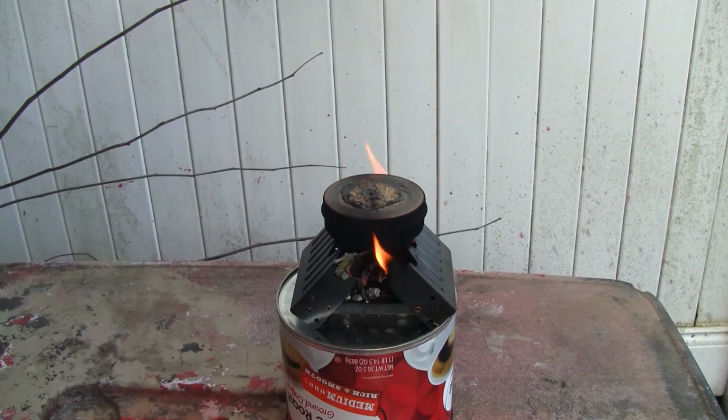Okay, fire's about out. Yes, I had to restart it. It's my fault. I let it go out. Wasn't paying attention. So I'm going to let this cool off, then we'll look back inside and go inside where it's warmer and see how things turned out. See you inside. All right, we're back inside and it's cooled off, and I've warmed up a little bit. Yes, I like the cold, but hey, it can still be cold. It happens. Anywho, as far as the tin goes,